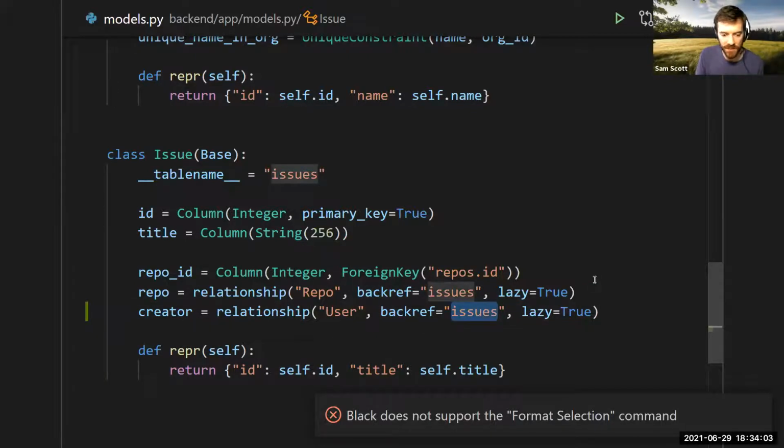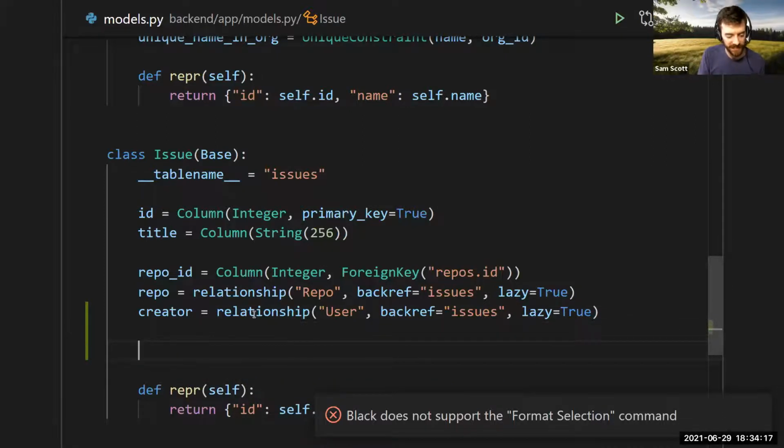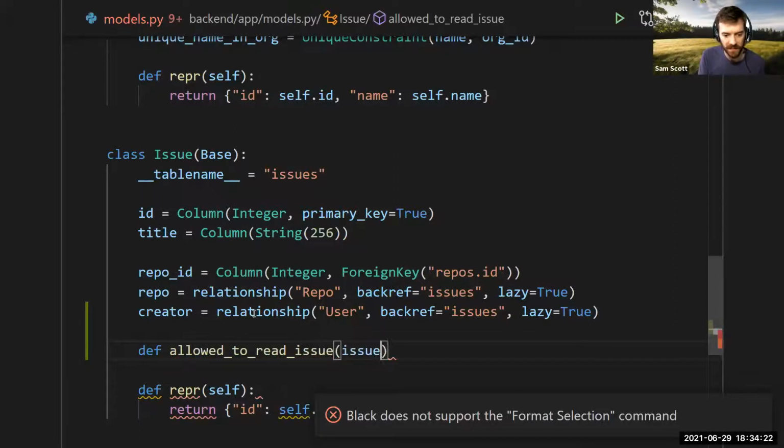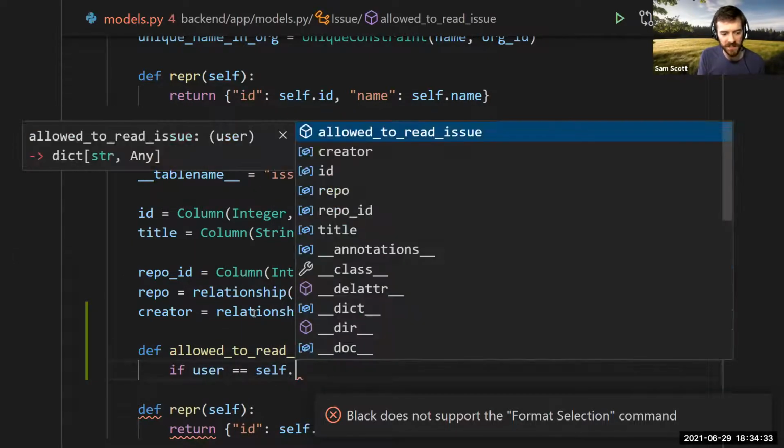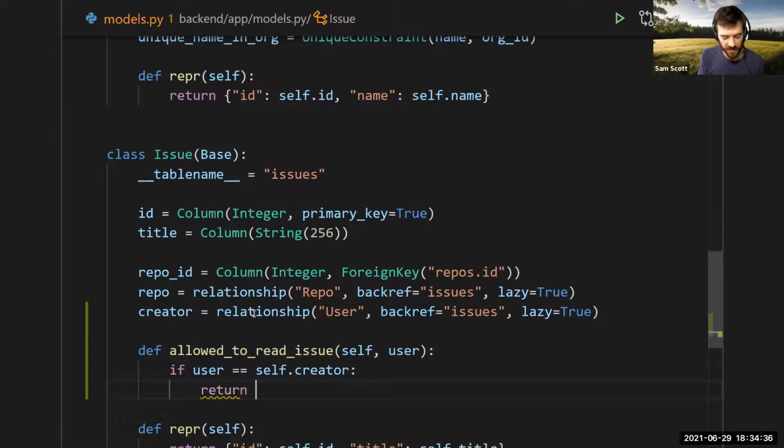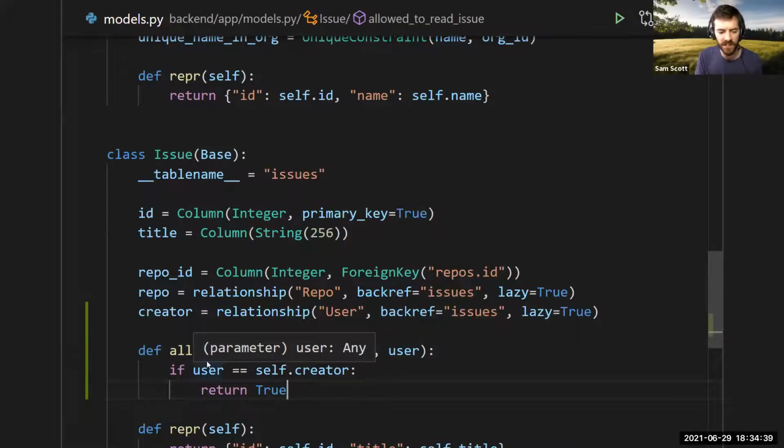Maybe this is, yeah, issues works. Right, this is a piece of our data in our database where we might want to decide who can do what, who can read an issue or not. So when it comes to writing the logic piece, I'm just going to write it inline here. Maybe it says allowed to read issue. I guess this can be self. Maybe this is like, if user is equal to the issue creator, then return true, right? This might be a common piece of logic for representing whether someone should be able to read this issue or not.